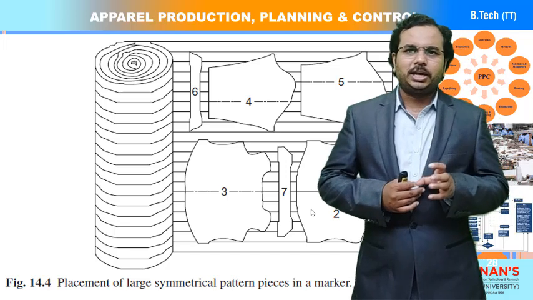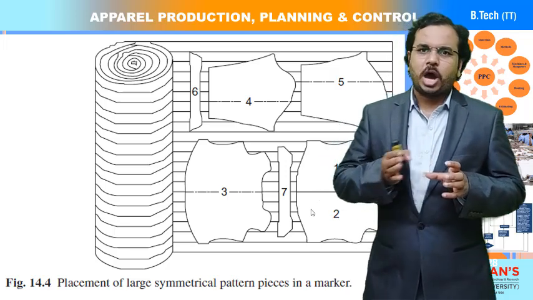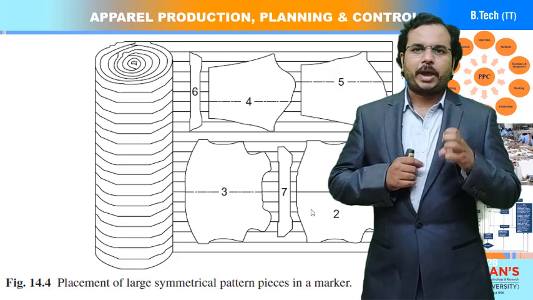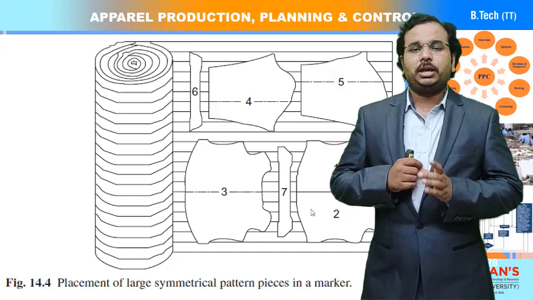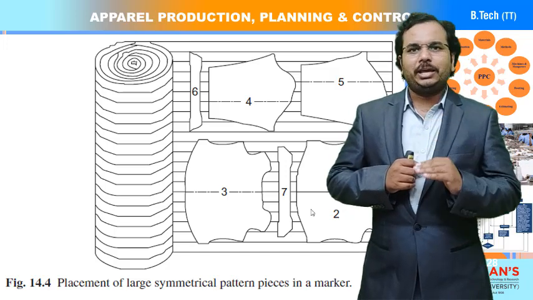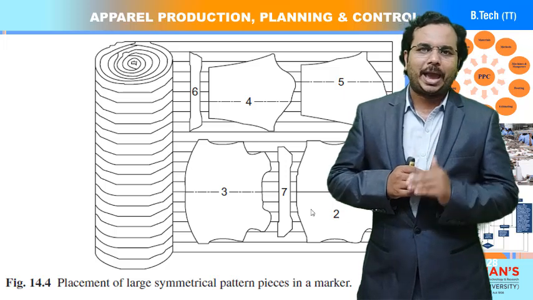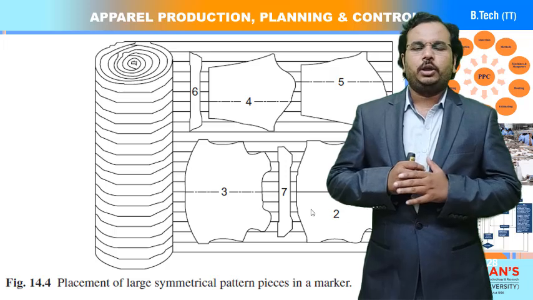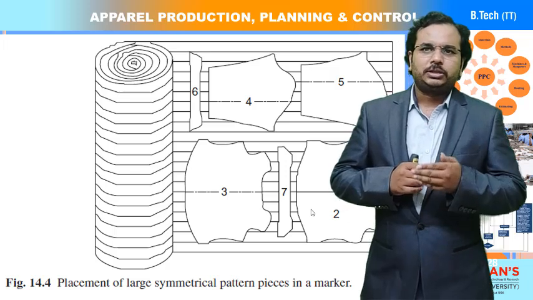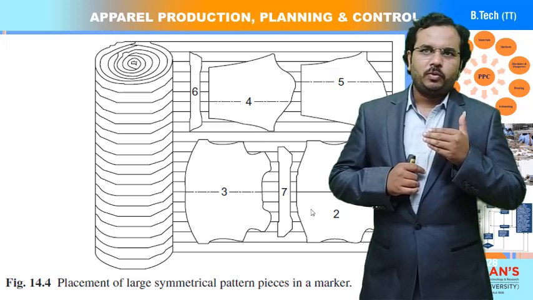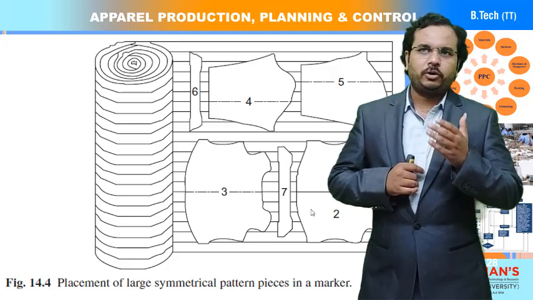You can see the lengthwise, warp-wise striped fabric, how these patterns are kept on the fabric, and how the grain lines on the pattern are matched with the stripes on the fabric specimen. You can observe images 1, 2, 3, 4, 5,